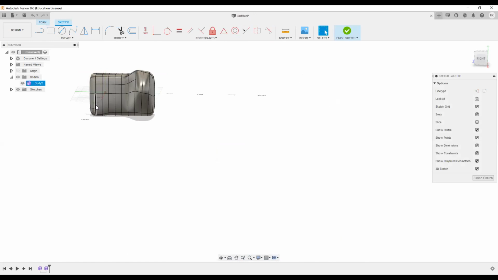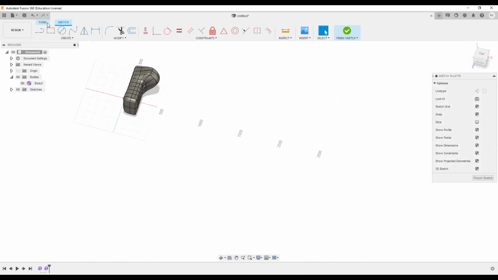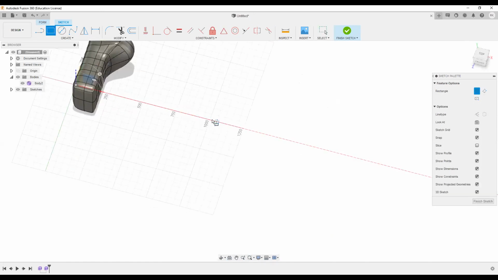For example, if I want to make a plane, I want to make a rectangle here.